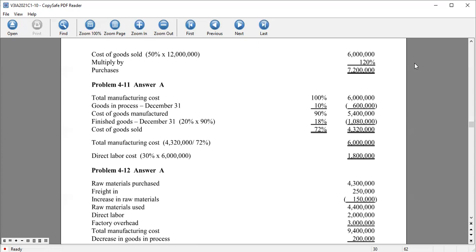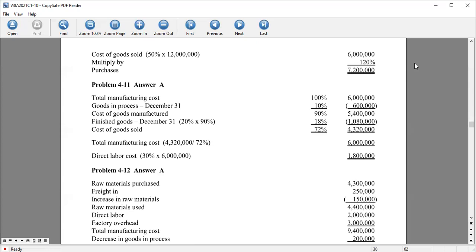That's 1.8 million. Next, we go to problem number 12. Determine the amount to be reported as cost of goods sold for the current year. So we have now raw materials purchased. Then we add the amount of freight in and deduct the increase in raw materials. Now, increase in raw materials means the ending is more than the beginning, and normally we add the beginning and deduct the ending. That's why the ending we are deducting